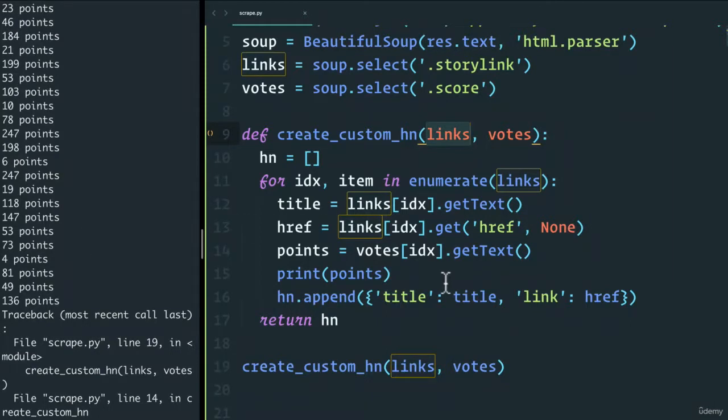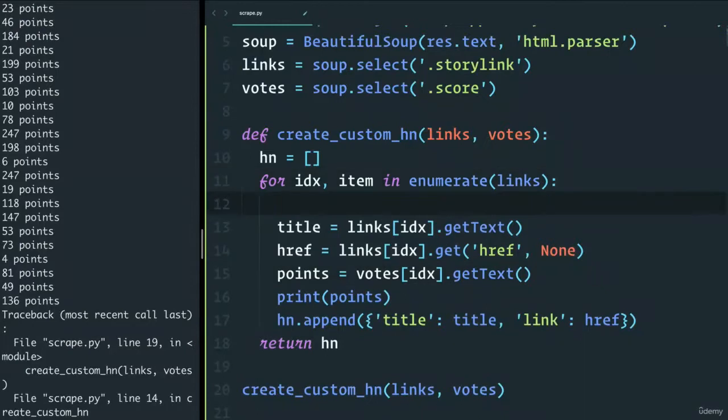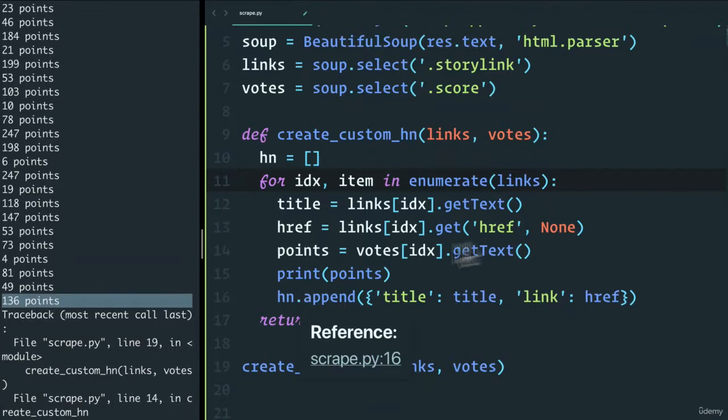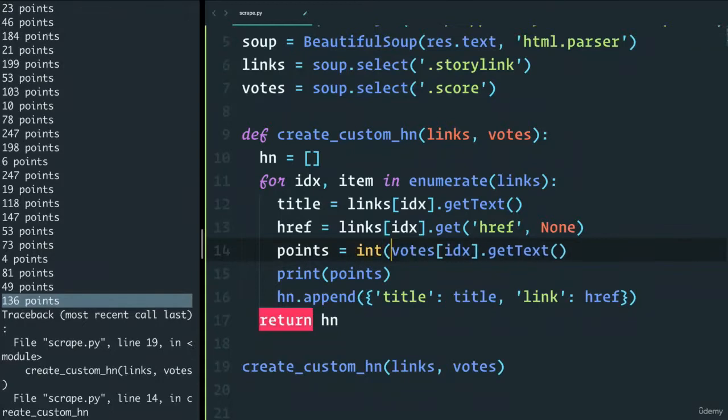The way we're going to do that, we're going to add an if statement right here. Now, before we add the if statement, we actually want to convert this into a number. So we can say, hey, if a story has more than 100 points, then we want to keep it and append it to our new Hacker News. So the first thing we want to do is to simply say that we want to convert this into an int,